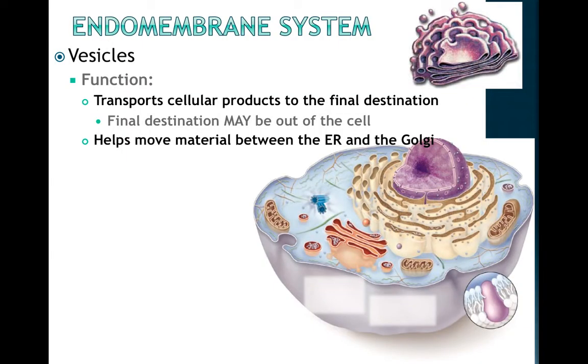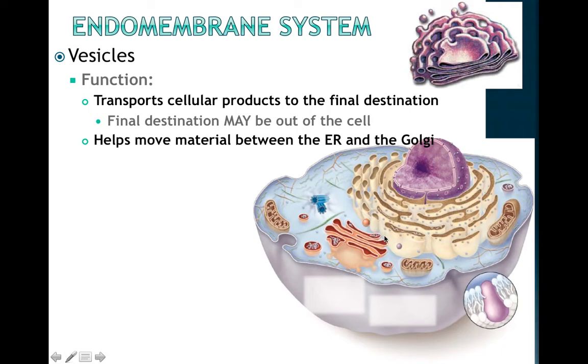Okay, so vesicles, we just talked about them with the Golgi. They're going to help transport those cellular products to the final destination, which most likely, guys, is going to be outside of the cell, because that's what these products are generally destined for, especially if it's a protein being made in the ER, sent to the Golgi, and the Golgi is going to eventually ship it out of the cell. And these guys also help move materials between the ER and the Golgi. So if we look here,